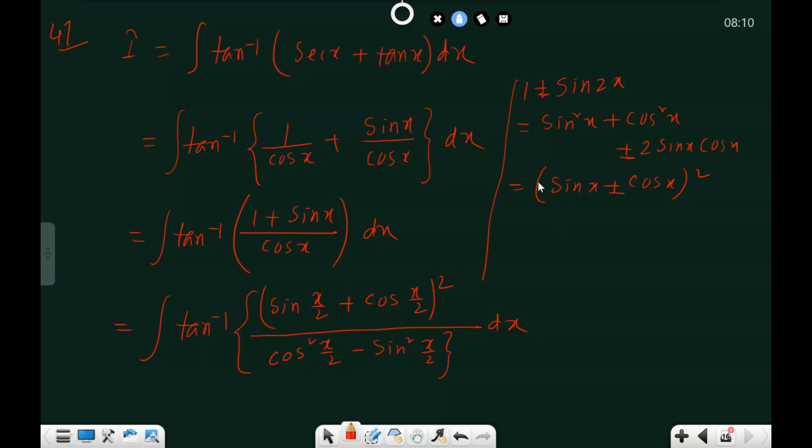Already I told you that the cos 2x formula is cos square x minus sin square x. And here the term originally it is x, so I should write x by 2 here, x by 2. And this is x, so I should write x by 2, x by 2. Okay, so now come to